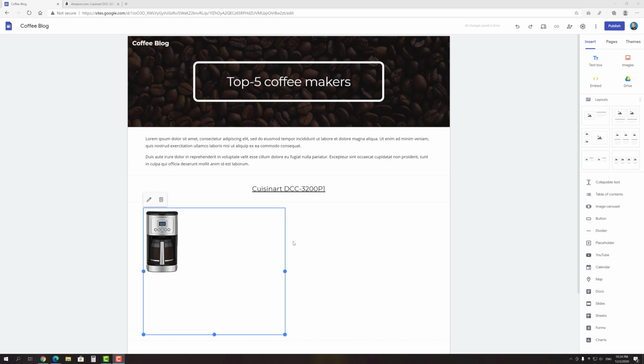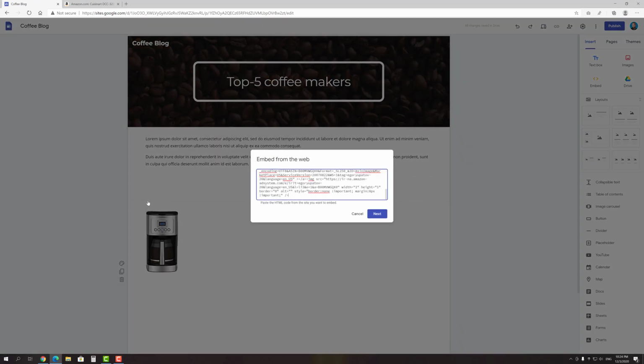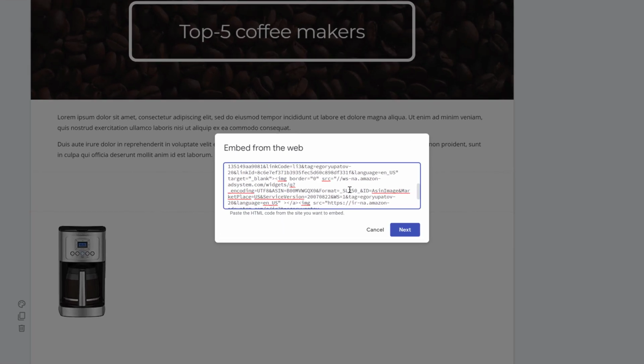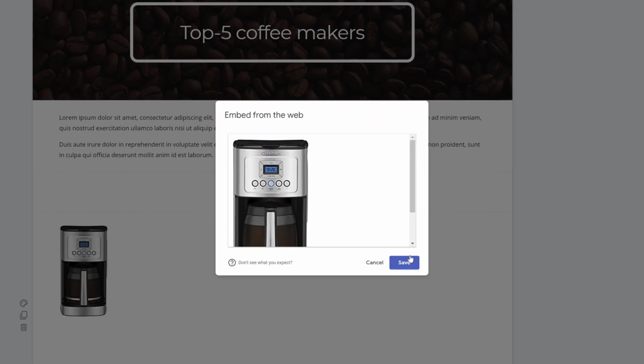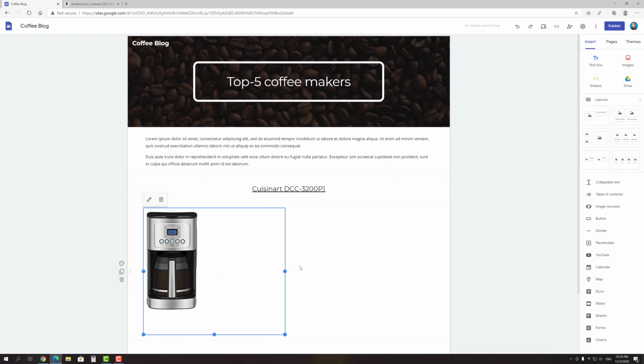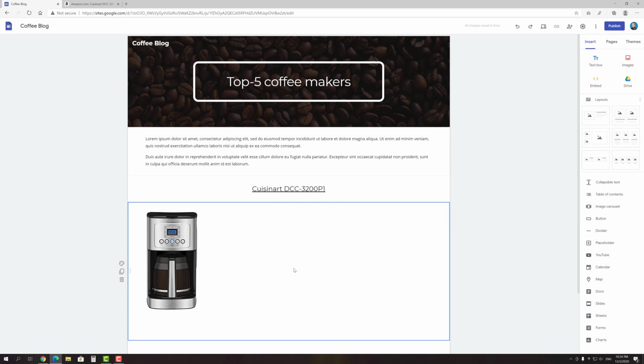Regarding the image, it seems too small for me, despite I've chosen the largest available size. Fortunately, I know how to change the image size by editing the code. Do you see these SL letters and some numbers next to them? By changing them, you can change the size of the image. For example, let it be 400. Yeah, perfect, now I'm satisfied.